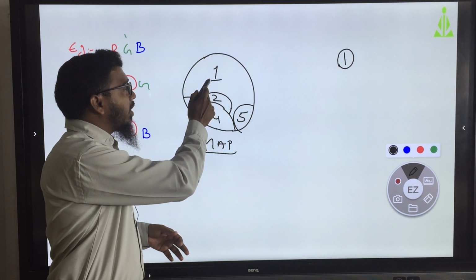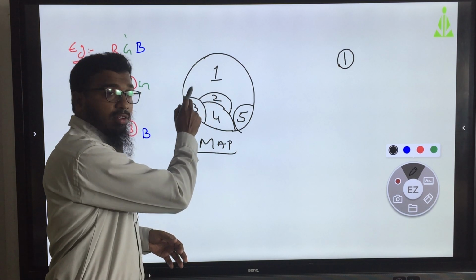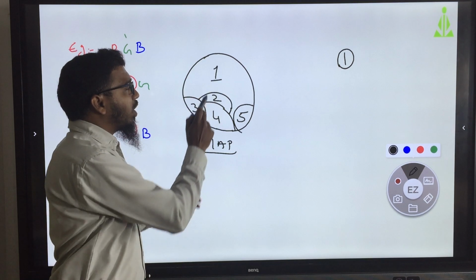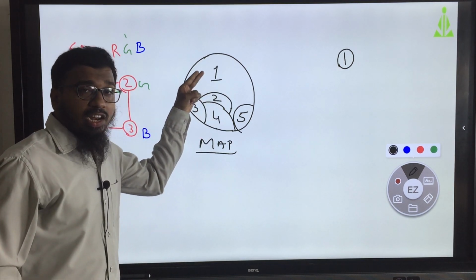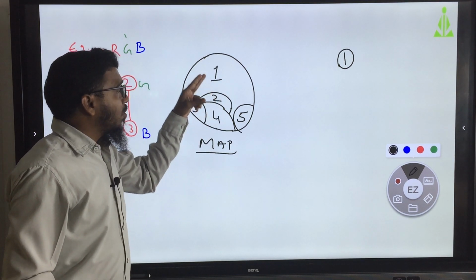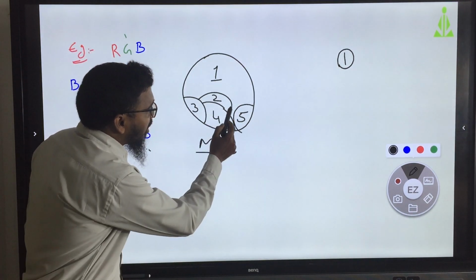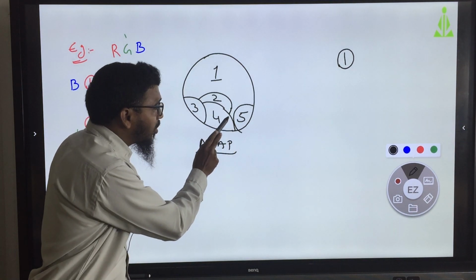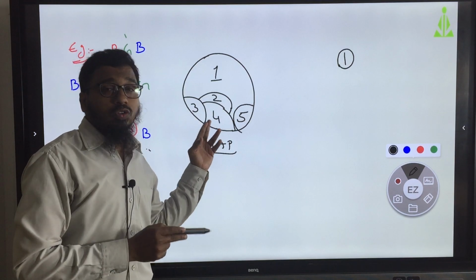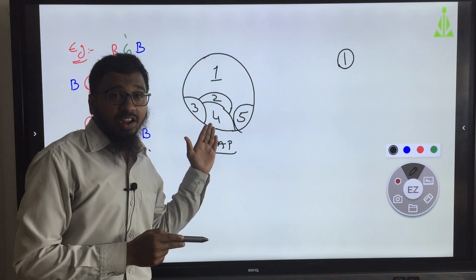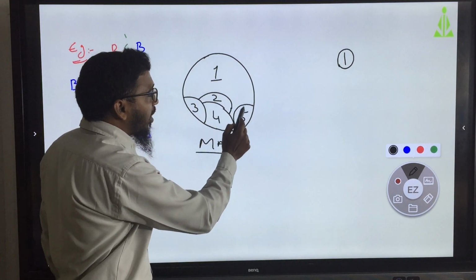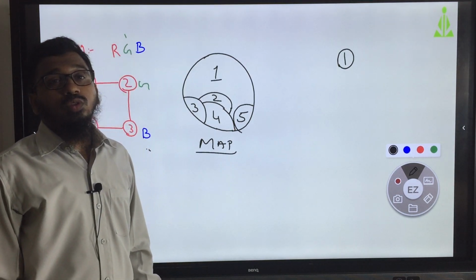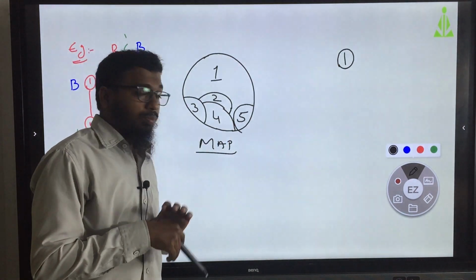From 1 it can go directly to 2. From 1 to 4 directly it can go here. Can you see the space here? 1 to 4 also it can go directly, and from 1 to 5 directly it can go to 5.